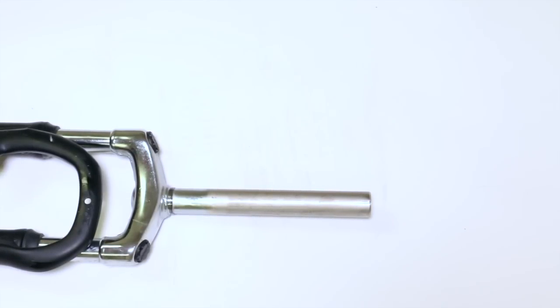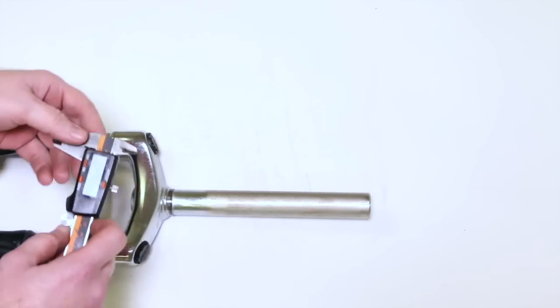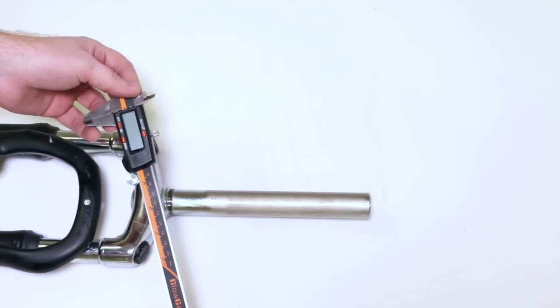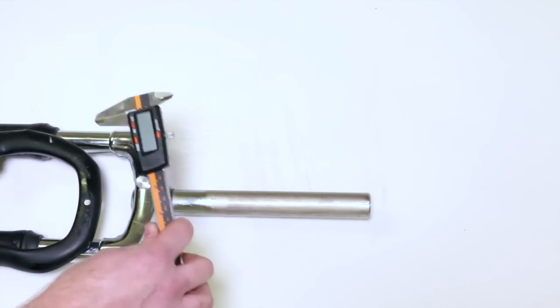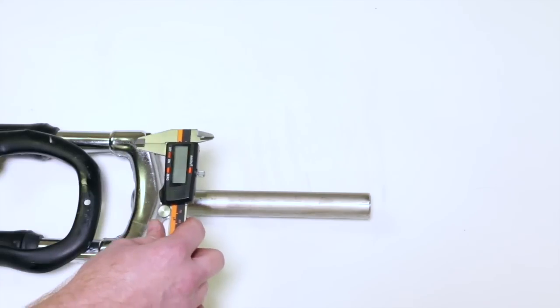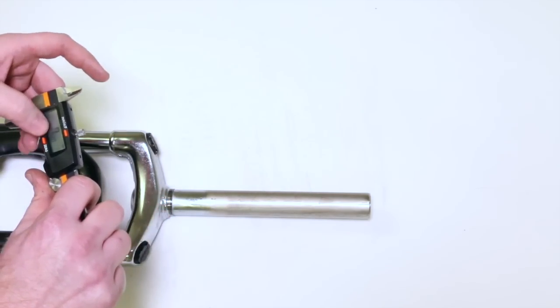Let's get into the part where we can identify what we have, the dimensions that we're going to need to record to figure it out. You're going to need one of these. It's just a simple caliper. You buy them on Amazon for 10 to 20 bucks. This one happens to be a digital one, so let's turn it on. All right, step number 1,